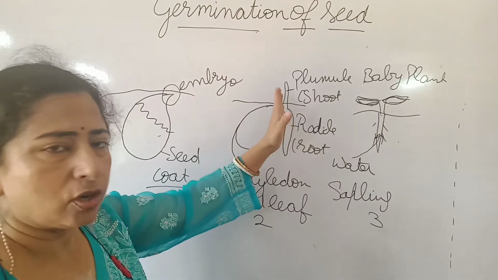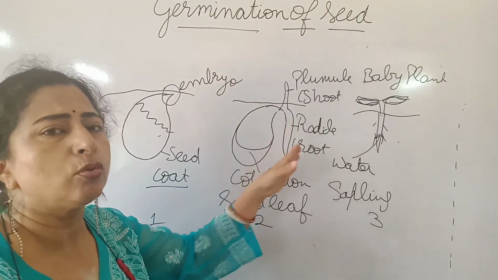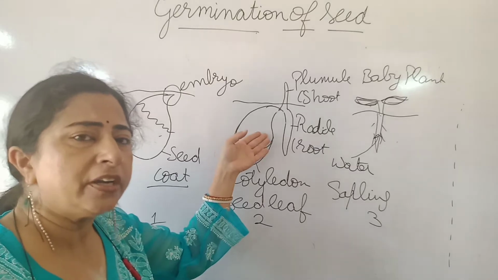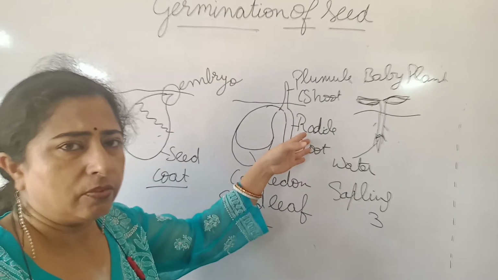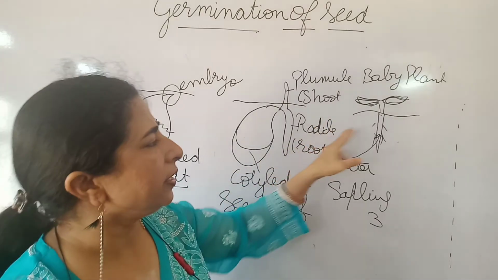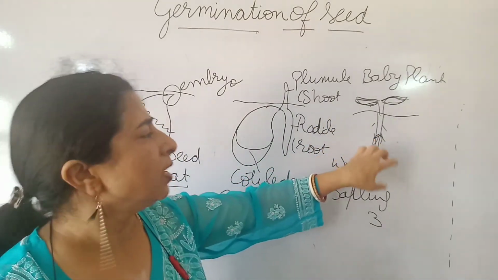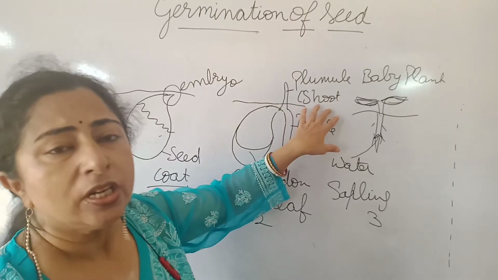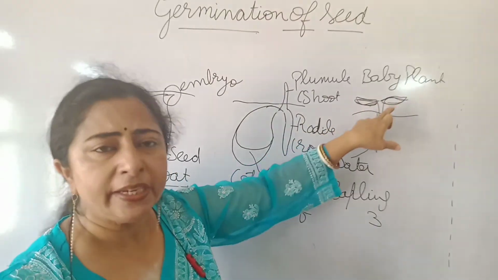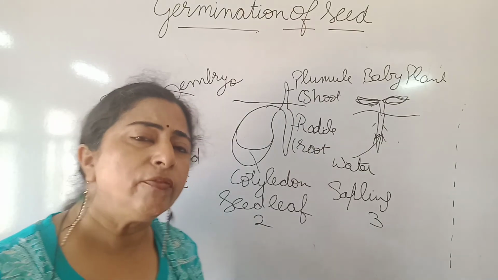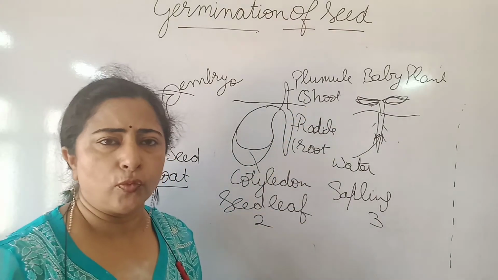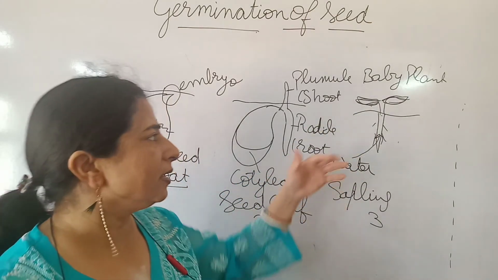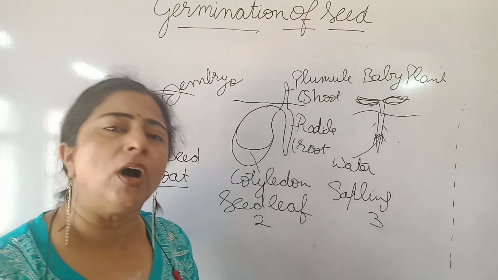And in the meantime, when they are developing, they are not capable of making their own food, so they take their food from this cotyledon. The cotyledon provides nourishment to the developing embryo. And after a few days, the radicle completely changes into a root and is capable of absorbing water from the soil, and the plumule changes into a shoot and develops leaves which are capable of undergoing photosynthesis and making their own food. Now the cotyledon is not there and the leaves are making food on their own, and then gradually they grow into a new plant.